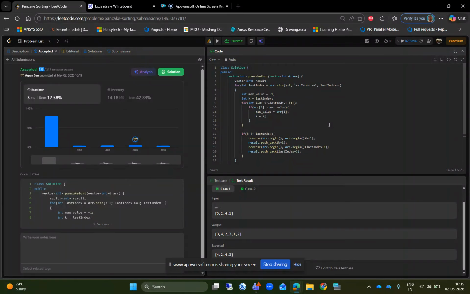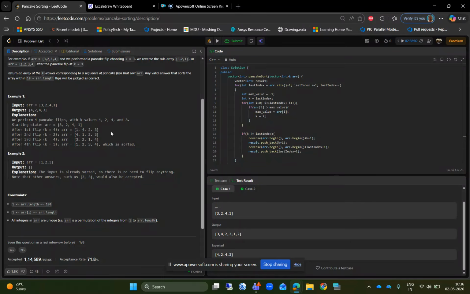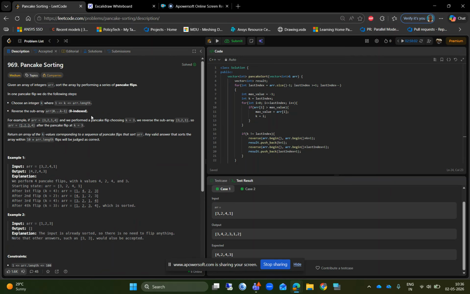Okay, today's problem is called pancake sorting. If you look at the description of the problem, it is pretty misleading. You have an array which is given, and then they have given a set of approaches which is used to solve this array. What we have to do is use a reverse function to do this pancake sorting,